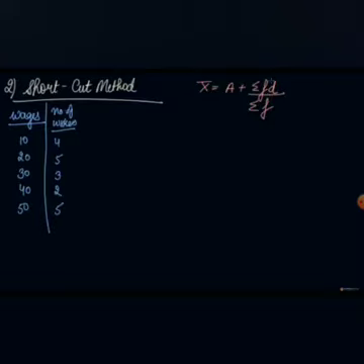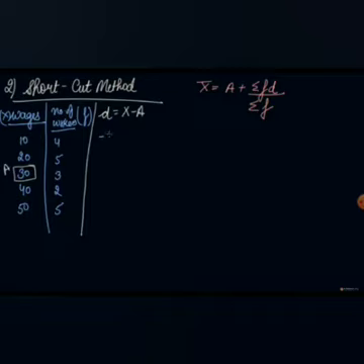So you will take the same steps: first you will assume the mean from the series. This is the x, this is the f, because these are the numbers and this is the variable. So let's assume the mean as 30. This is the assumed mean. So we take the deviation, that is d, which is x minus a. So 10 minus 30 is minus 20. 20 minus 30 is minus 10. 30 minus 30 is 0. 40 minus 30 is 10. 50 minus 30 is 20.